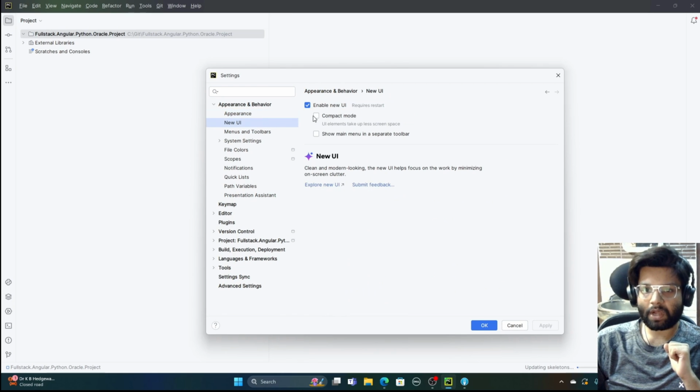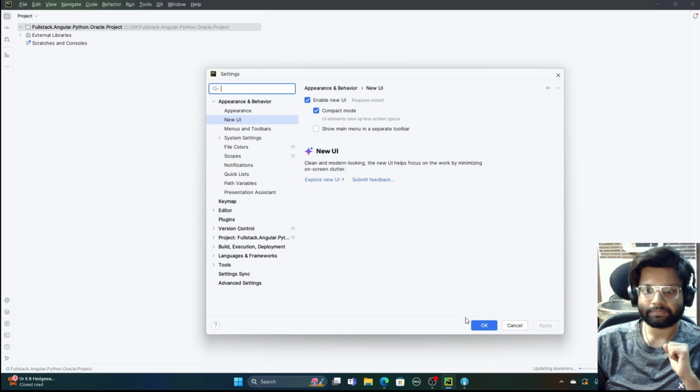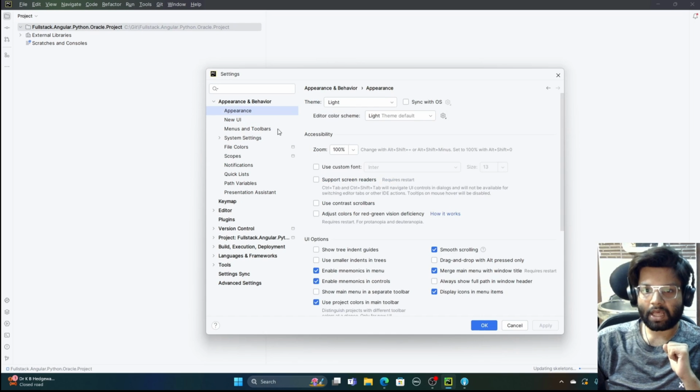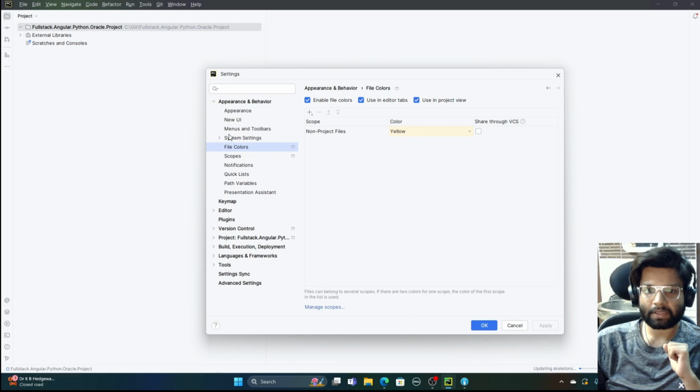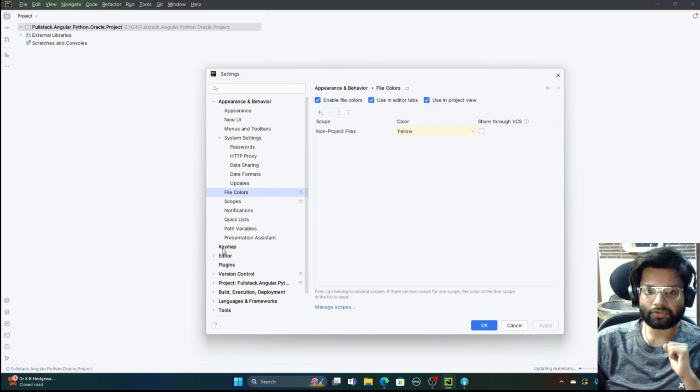I will click on the UI. I want the compact mode, and I click on apply. That's good. And in here, if I go to the editor,